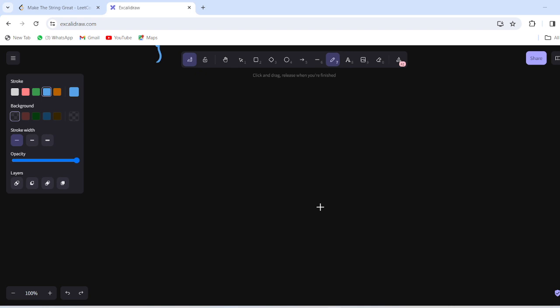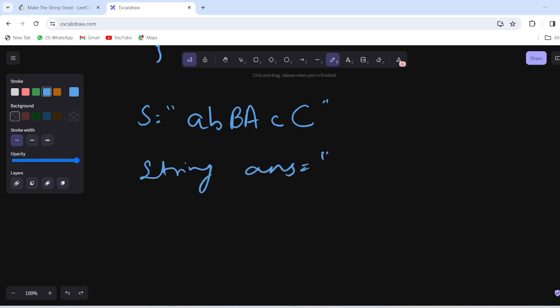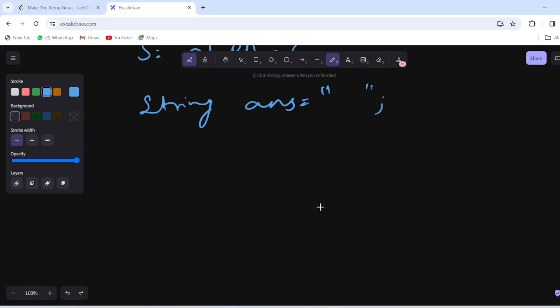As we know, we have a string in which the elements are small a, capital B, capital A, small c, and capital C. Now take a string which we have to return. So I will take a string answer, that will be an empty string.